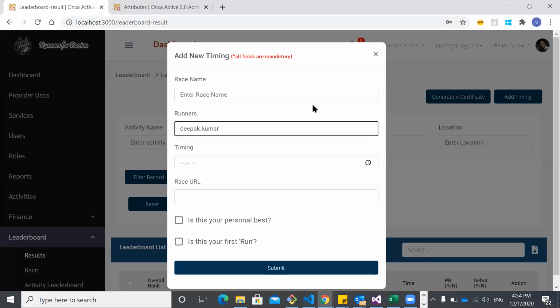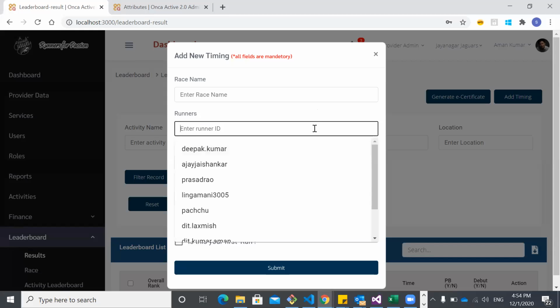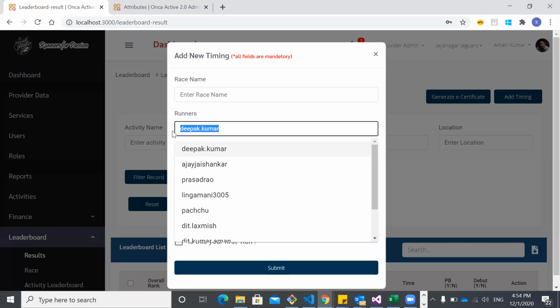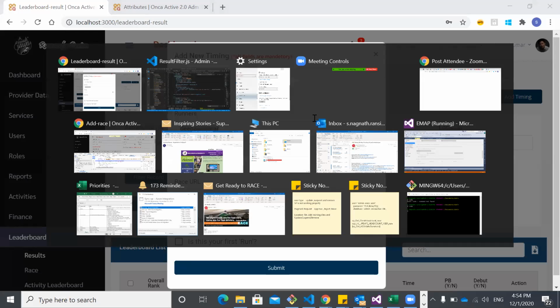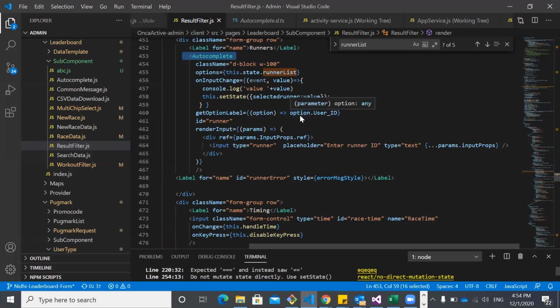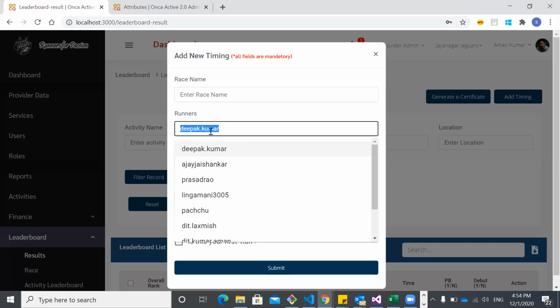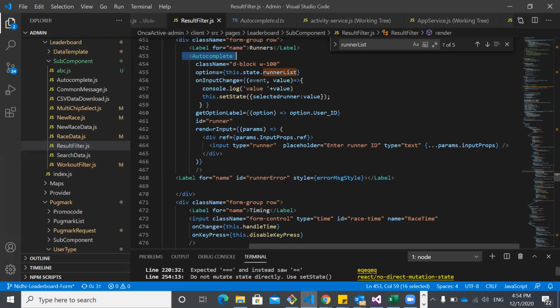The only difference is that if you select a particular name, it will not print its ID over here. At the backend we are not storing the name Deepak Kumar; we are sending its ID. So we only have the selected runner as a value over here.